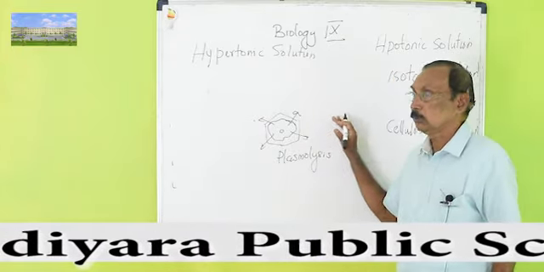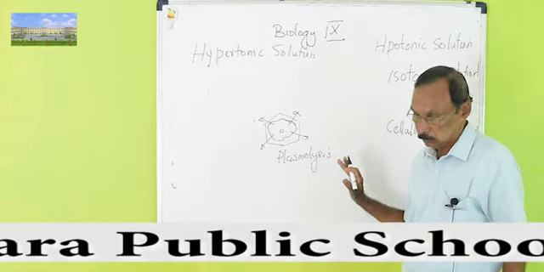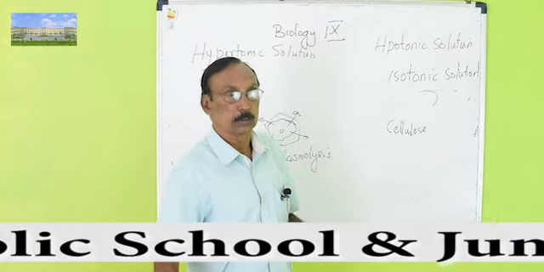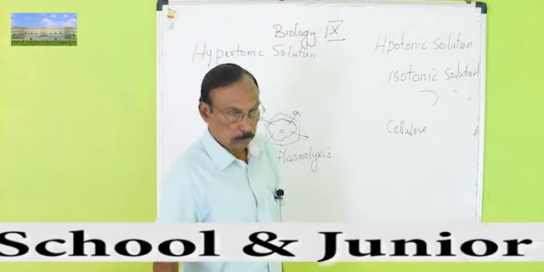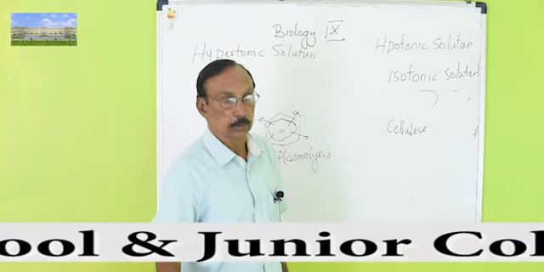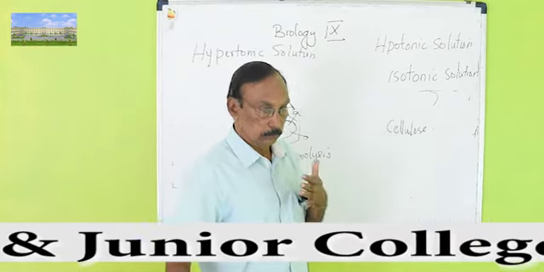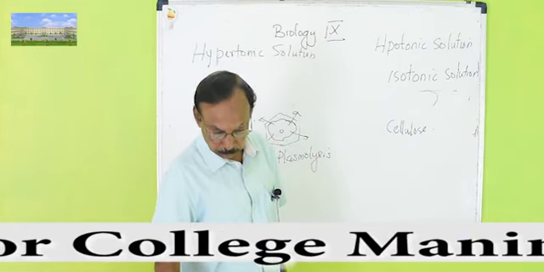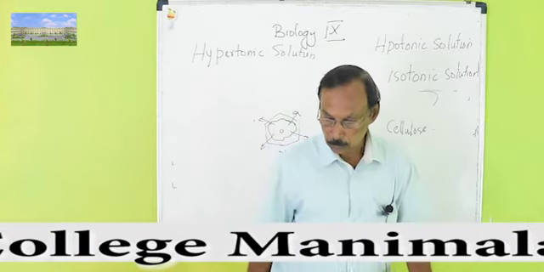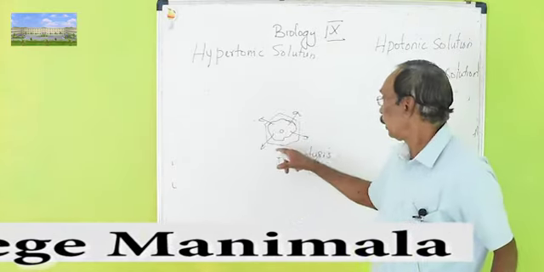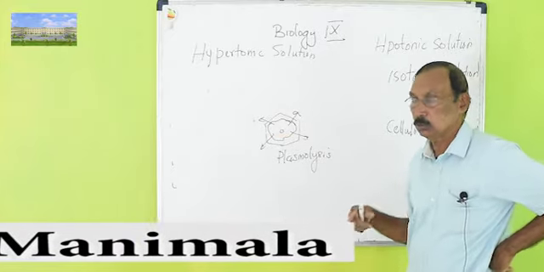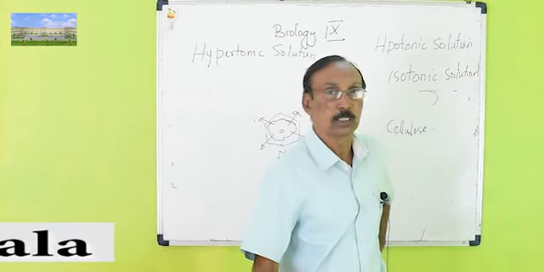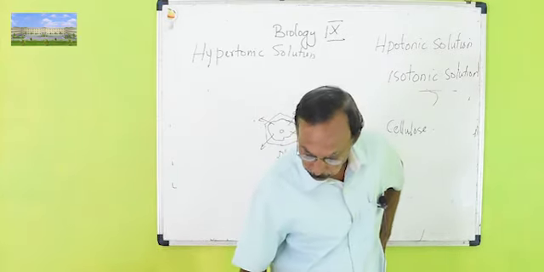I would like to stop here. Once again, what are the things we discussed today? We discussed that cells are the structural and functional unit. So they make up the body of an organism, and also perform various functions. Second, the cell is made up of three important structures. First, the outer covering called the plasma membrane or cell membrane, the nucleus, and the cytoplasm. Cytoplasm contains various organelles. We will discuss that again later.